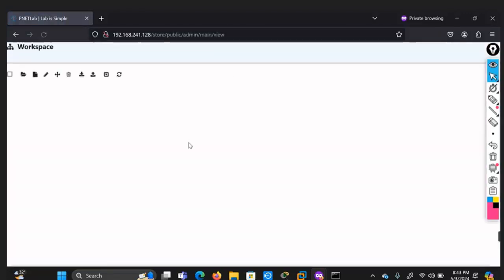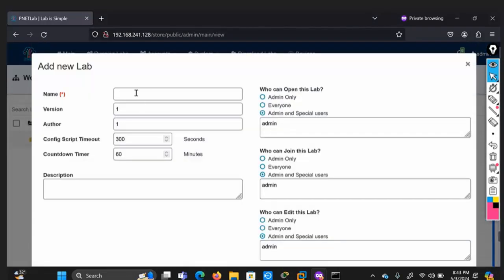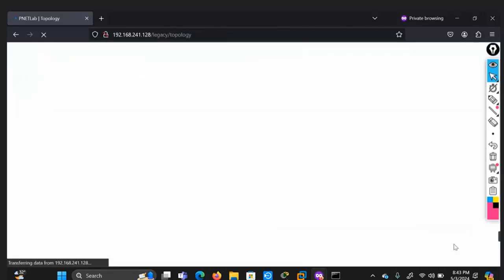So this is something like a complex environment where you can practice your networking, cybersecurity, or many things. So I am creating a lab over here, named ARP practical. So add.